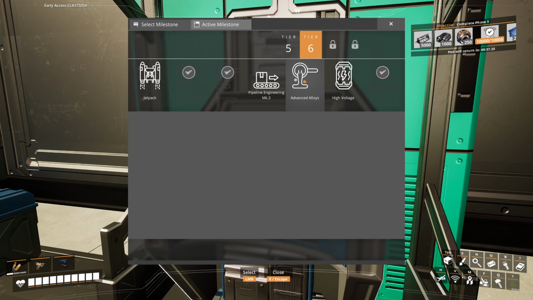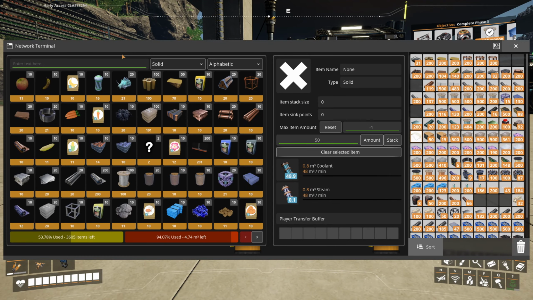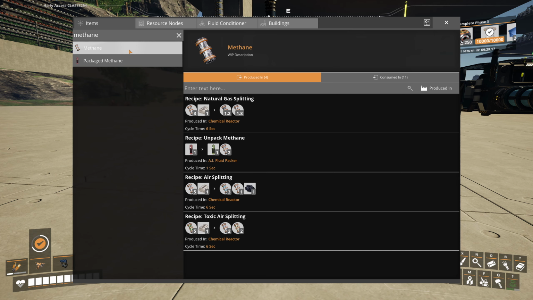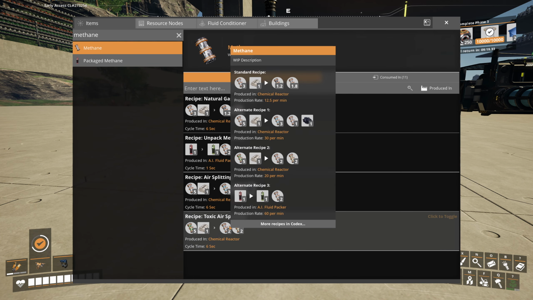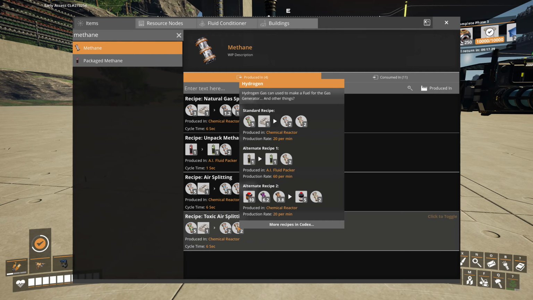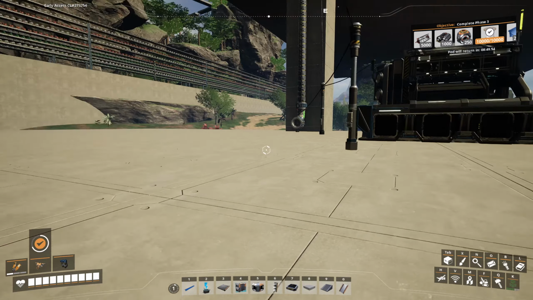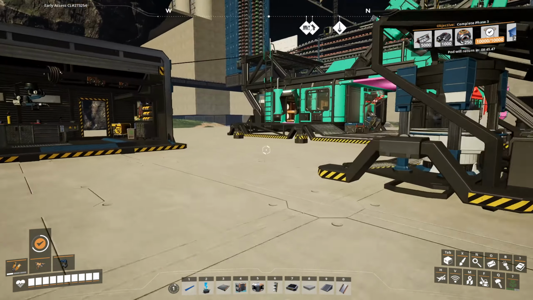Perfect. Let's see. Do we have... Hit the wrong button. Do we have methane already? We do. Right here. We do have it. Okay, toxic air splitting. We get methane, hydrogen. So we're definitely going to need to increase our fabric once we get to power generation. I suspect that's not going to happen this episode